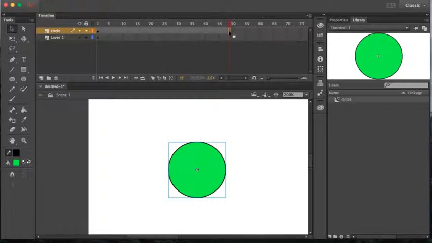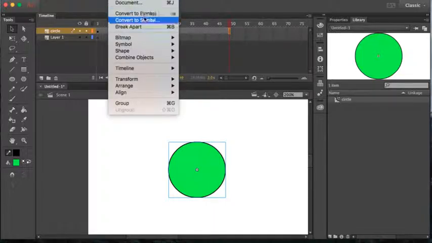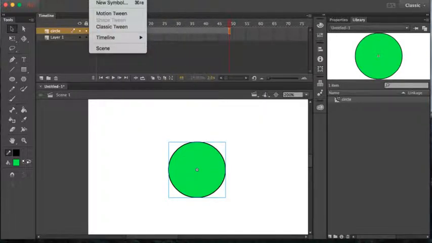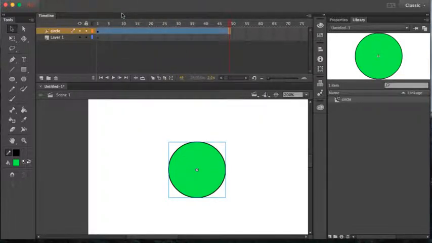And then from here, we'll click on that, and we're going to convert it into a symbol. Sorry, we're going to motion tween it. What am I thinking? And insert motion tween. Okay, and you'll get this blue line. So now we're going to go to our rotation tool, and we're going to rotate it. So we click on 3D rotation. However, we could also translate it. So under here you've got a 3D translation tool, which we'll go into later, but we're just going to rotate